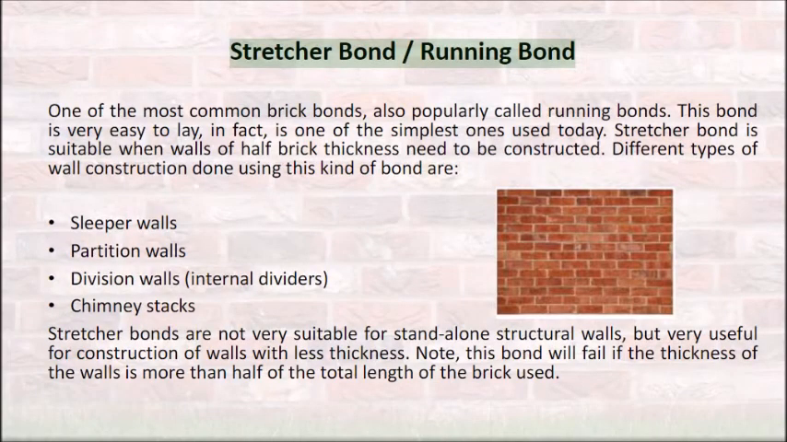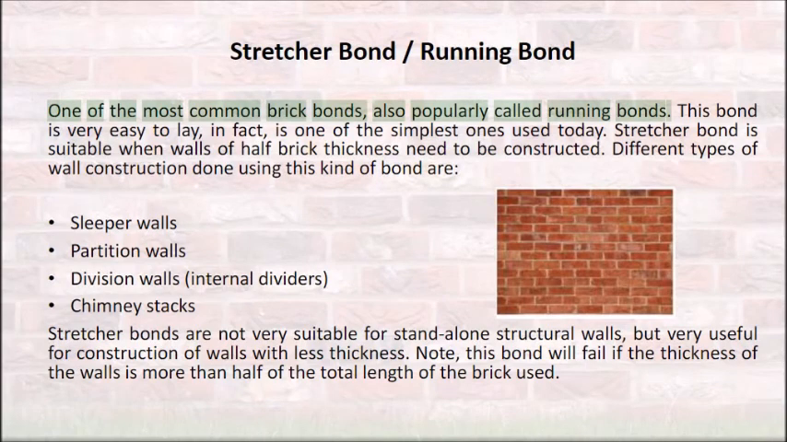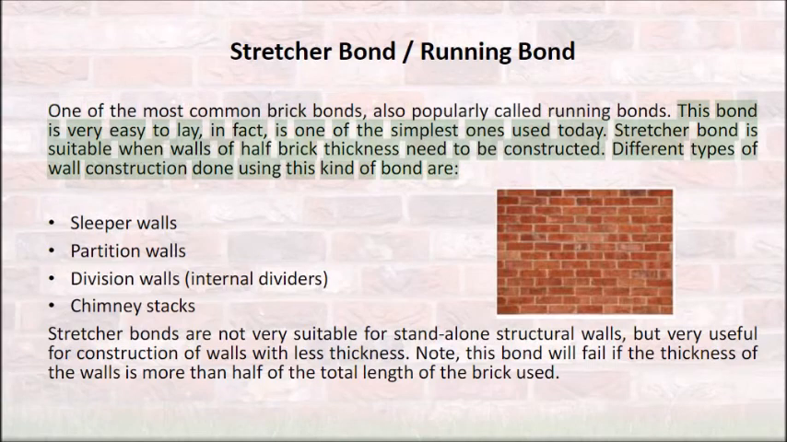Stretcher bond, running bond. One of the most common brick bonds, also popularly called running bond. This bond is very easy to lay, in fact, it is one of the simplest ones used today. Stretcher bond is suitable when walls of half brick thickness need to be constructed. Different types of wall construction done using this kind of bond are